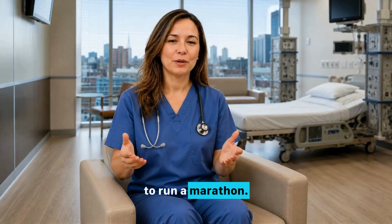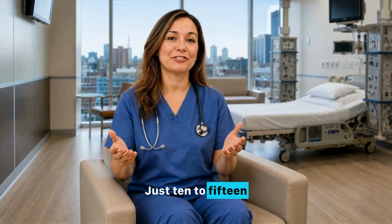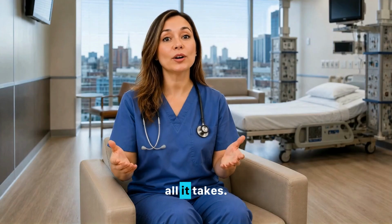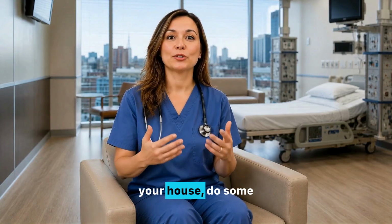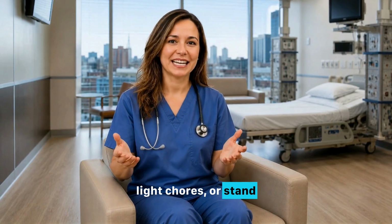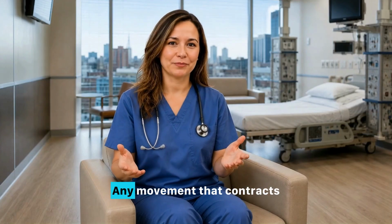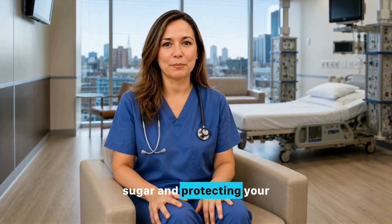You do not need to run a marathon. You do not even need to break a sweat. Just 10 to 15 minutes of light movement within 30 minutes of finishing your meal is all it takes. If the weather is bad, simply walk around your house, do some light chores, or stand at the kitchen counter and do a few calf raises while washing the dishes. Any movement that contracts your leg muscles will act like a sponge, soaking up that excess sugar and protecting your